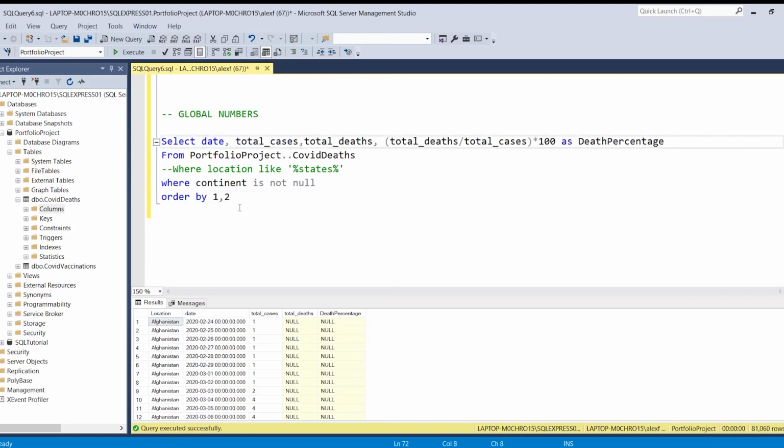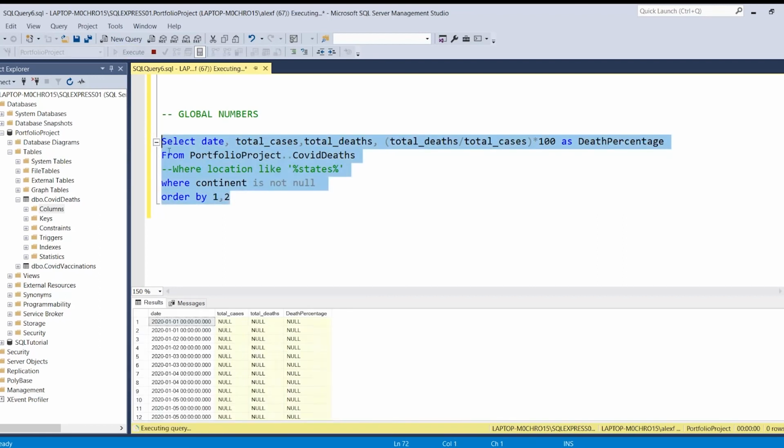But we do want to make sure that we're only looking at all of the countries, and not the world numbers plus all the countries, because then the numbers would get astronomical. So let's try running this really quick. Now we really can't do this, because now it's breaking everything out by